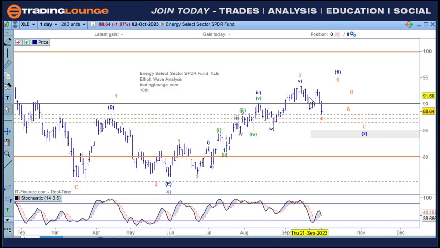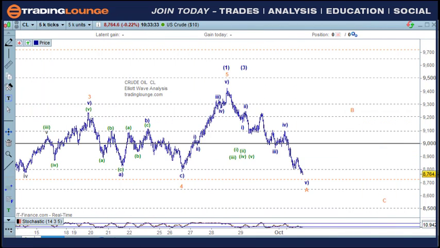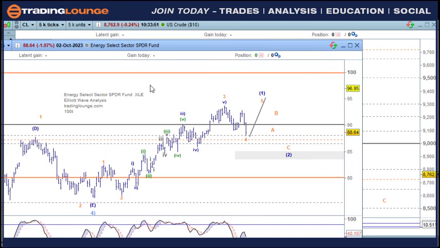This move down through here as the A wave, the B wave and the C wave is just about completed here, so it can push up from this point. But I'm wondering if crude's going to do the same. When we look at crude over here for a moment, crude pushed up and made a new high here. I said, okay, that's cool, we'll go 3, 4, and 5 as we've been doing. But now I've got to consider it as a wave 3 there as well, because of what's happening here with the stocks.